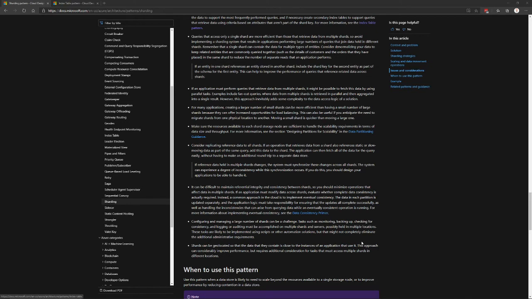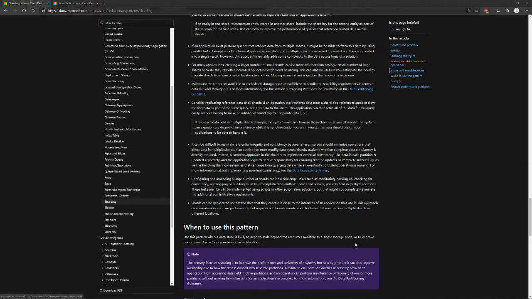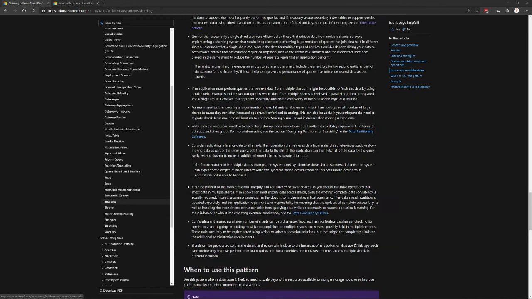There are. So there are some implications for your application as well. So if you're going to use a customer ID, for example, as a key, then in order for you to get the data out of the shard, you need to know which shard you've got to query. So potentially your application has to now make two calls. So one to a location to get the shard key, and one to actually get the data from the shard itself. So that could have performance implications for you in terms of your application speed.